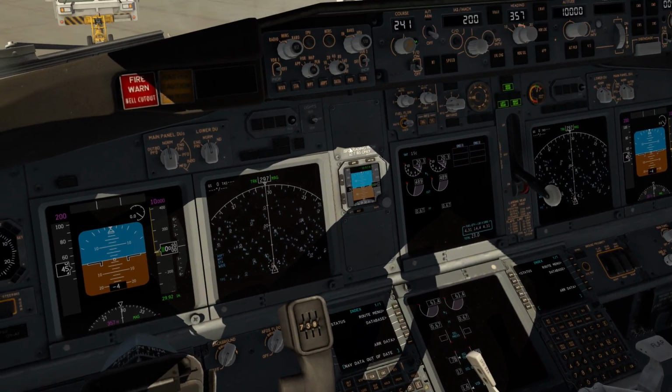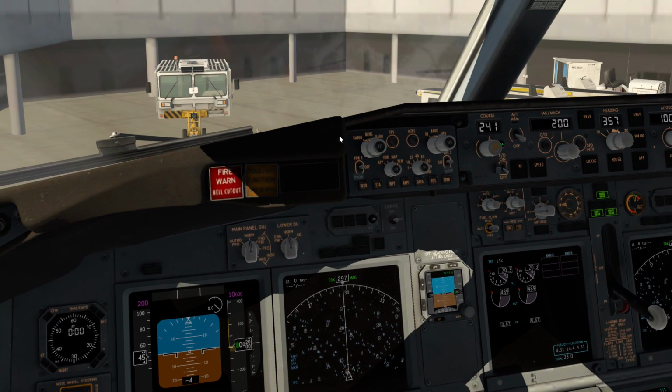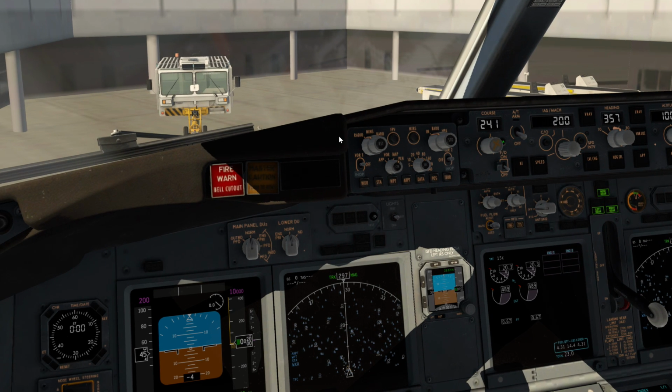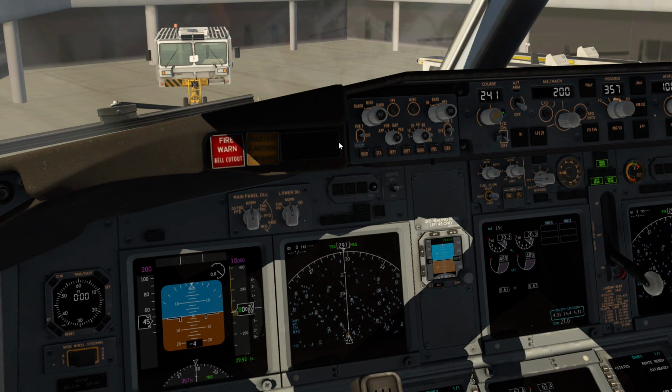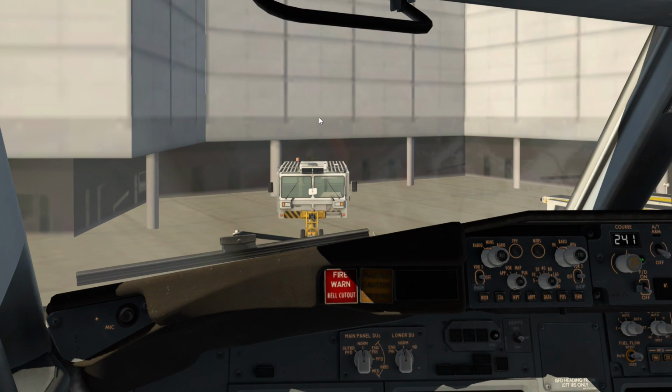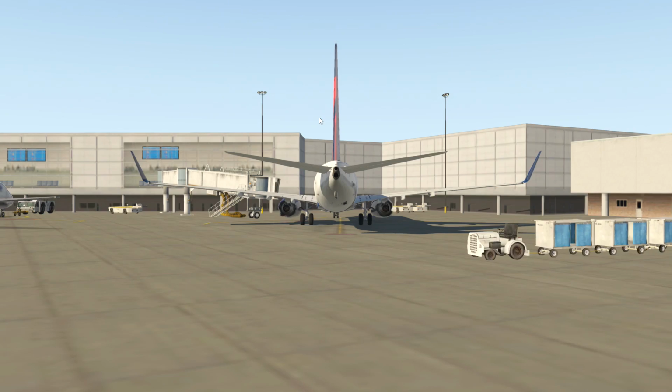The other thing, you can't see it. It might be hard to believe, but I have something like Google Maps on my iPad. I have an app that connects with X-Plane on the computer, and it shows me where I am and where I'm heading, so I can actually do this without any kind of navigation or anything like that. So without further ado, we're going to go ahead and do...